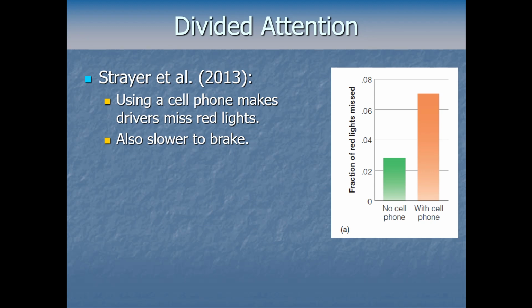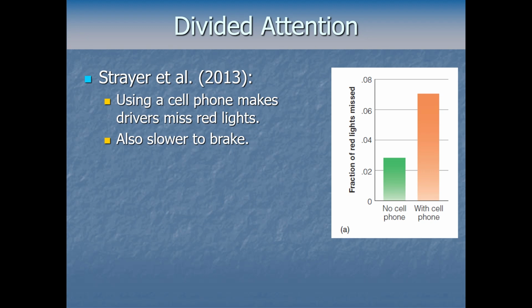So we've shown a lot of this with research done in a laboratory where we can put people in a driving simulator, but we also see it in real world driving where we use cameras installed in the car to measure people's behavior as they drive around day to day. As you can see from the data here on the right, people in a normal and sober state, like just normal everyday drivers, they don't miss red lights a ton, right? That's our kind of control condition, just driving around, the green bar. But when they're on a cell phone conversation, the odds more than double of missing a red light, which is pretty scary when you add that up across all the drivers that are out there.